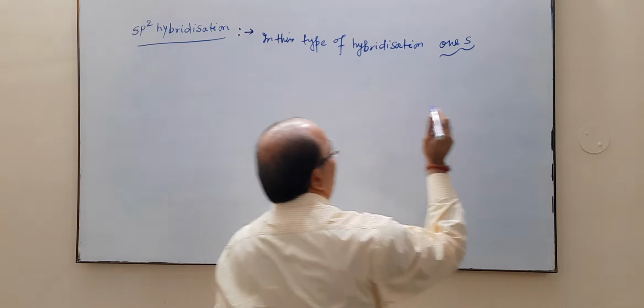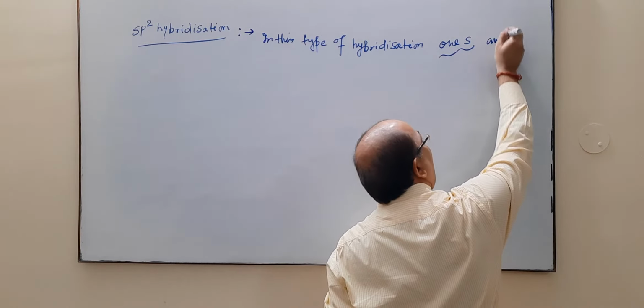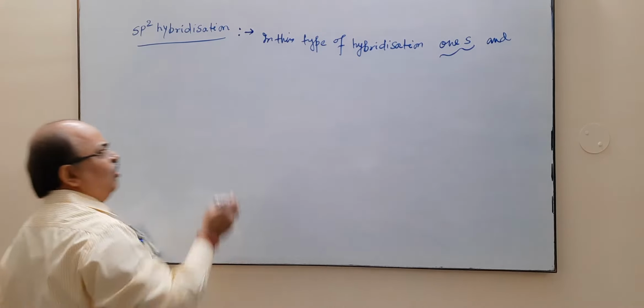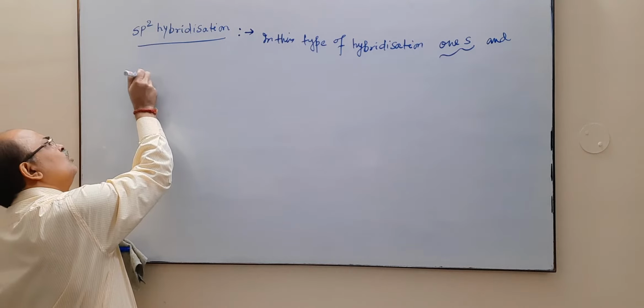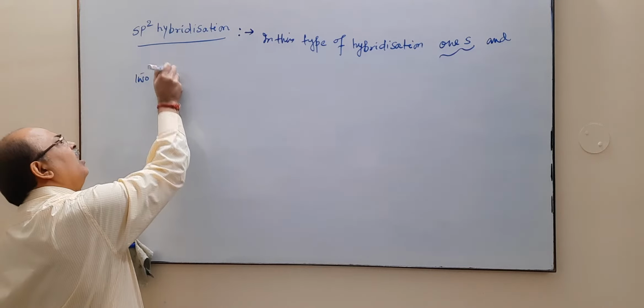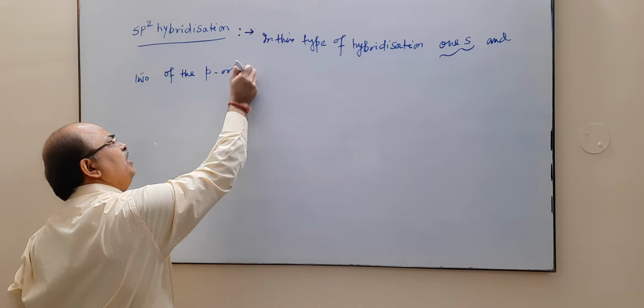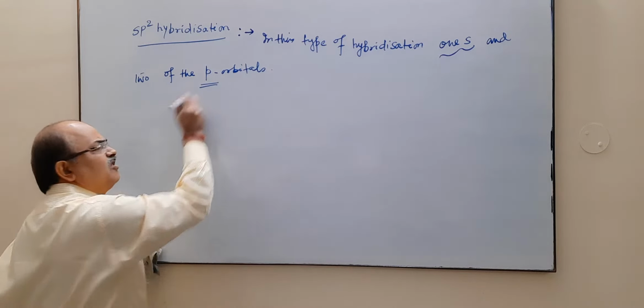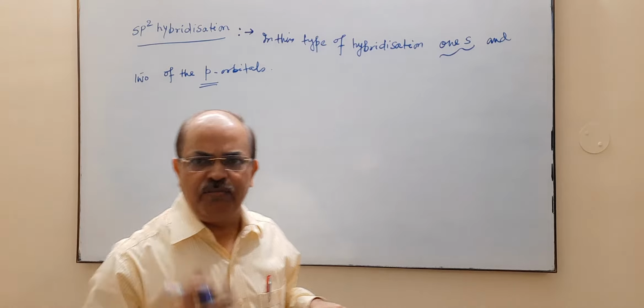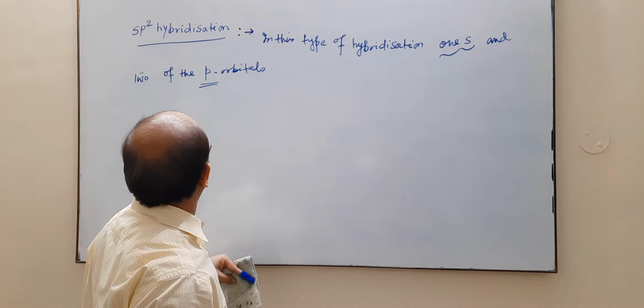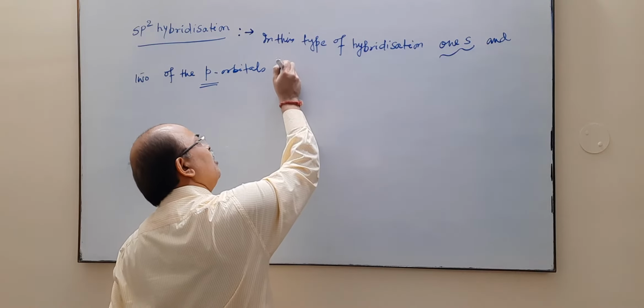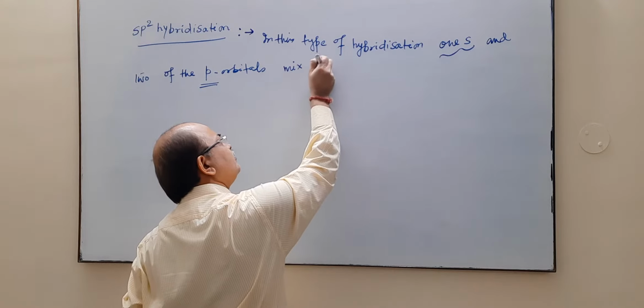So in this type of hybridization, 1s and 2 of the p orbitals, whether this p is 2p or 3p, 2 of the p orbitals mix together